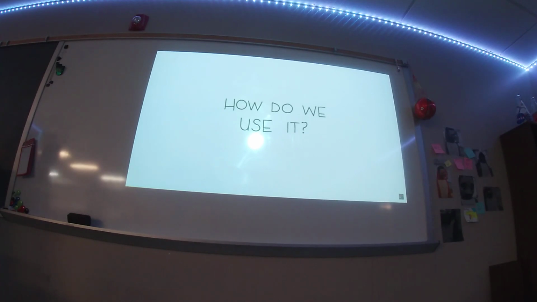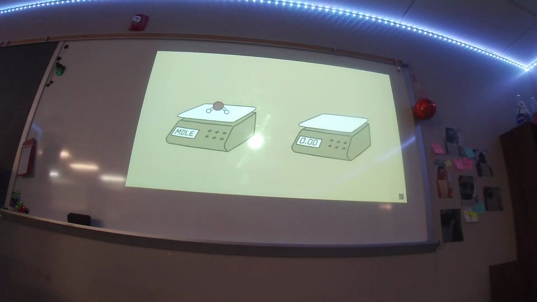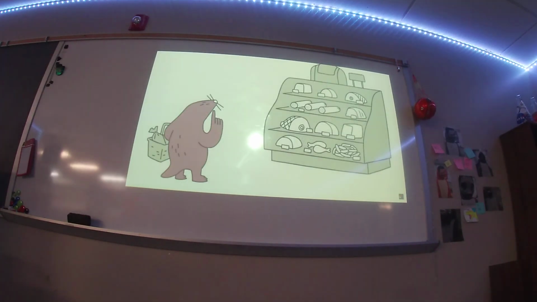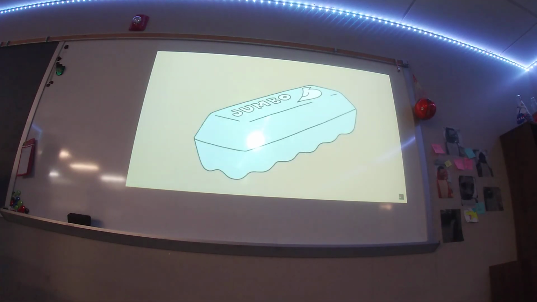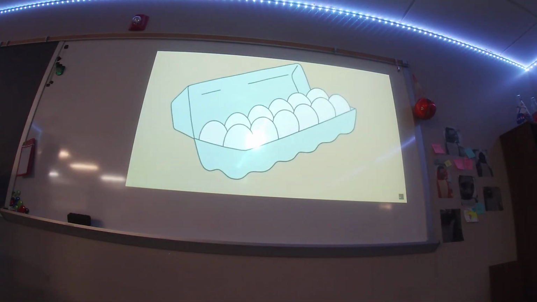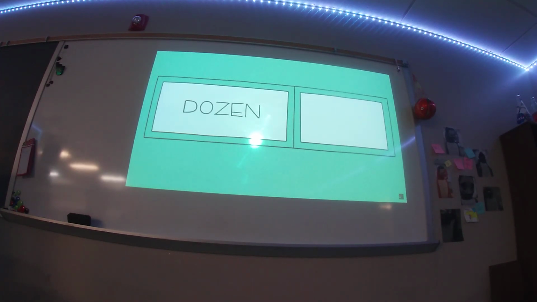So how do we use it? You might be surprised to know that chemists use it the same way you use pounds to buy grapes, deli meat, or eggs. When you go to the grocery store, you don't go to the deli counter and ask for 43 slices of salami. You buy your salami by the pound. When you buy your eggs, you buy a dozen eggs. When we hear the word dozen, we probably think of the number 12. We also know that a pair is 2, a baker's dozen is 13, a gross is 144, and a ream